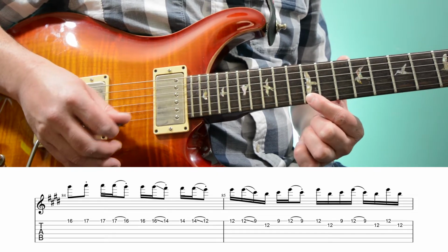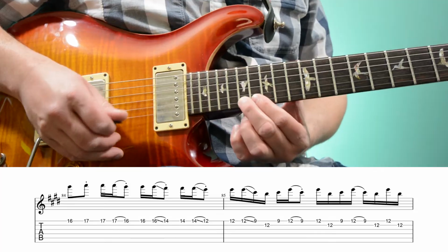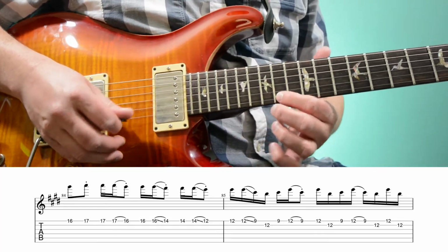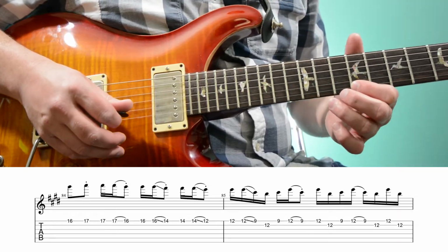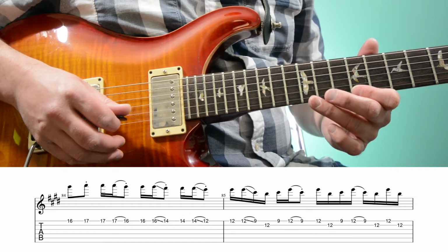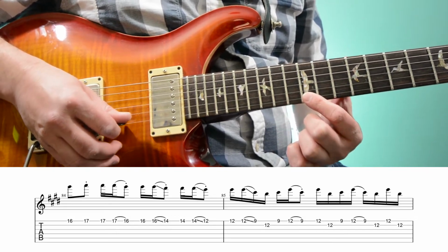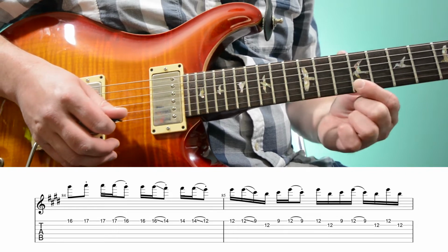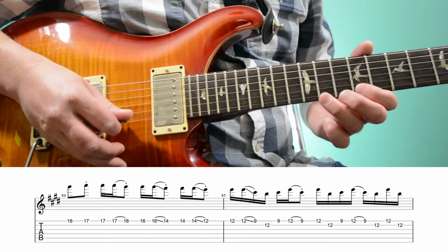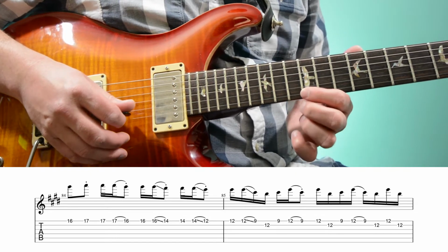and now 12 twice, slide down to the 9th fret. Alright, now we're in position to play this next lick, which is really cool. So we have, let's start, 12th fret twice on the first string, slide down to the 9th fret, then 12th fret on the second string, 9, 12, pull off 9 on the first string,